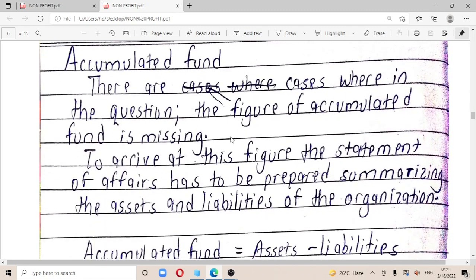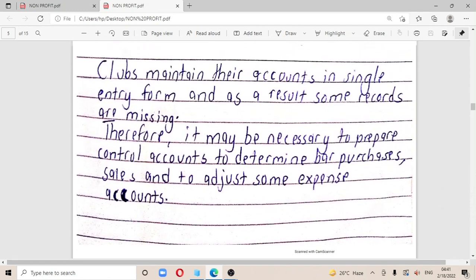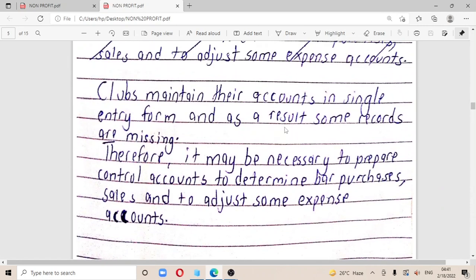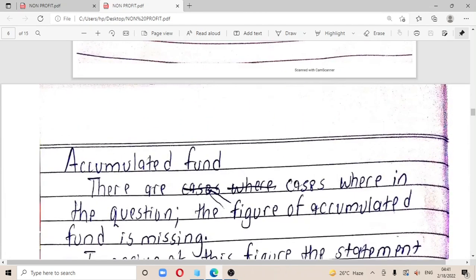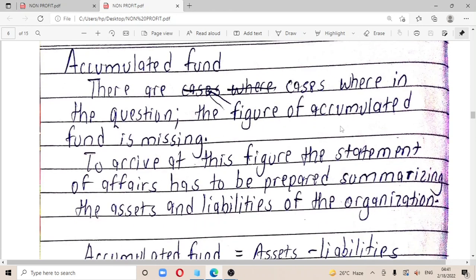Since they get to determine their records in single entry form, some figures can tend to be missing, and we are looking at accumulated depreciation. In this case, some are missing. And so if you're told it is missing, to arrive at this figure, the statement of affairs has to be prepared, summarizing the assets and liabilities of the organization. So you will need to draft the statement of